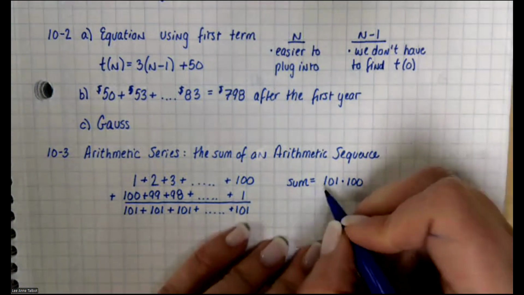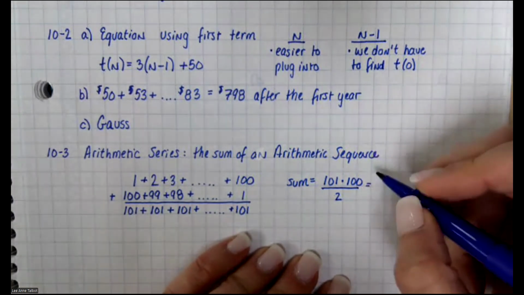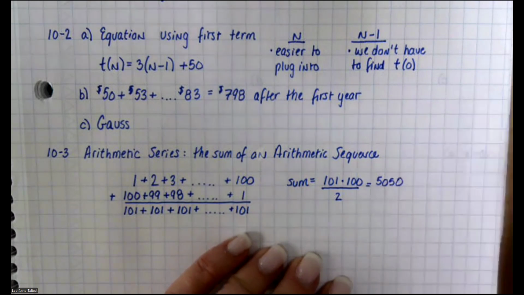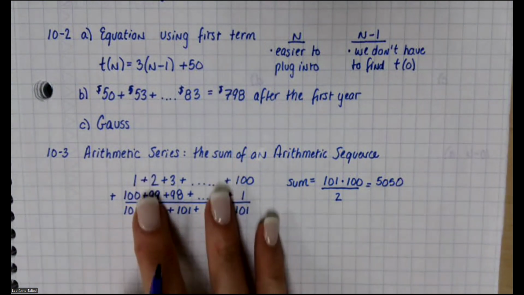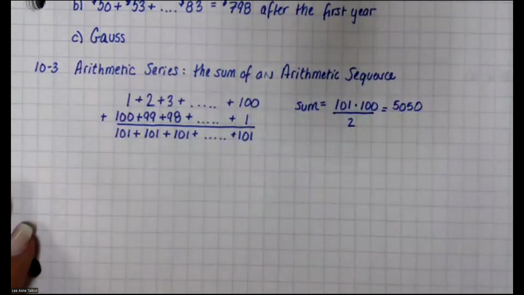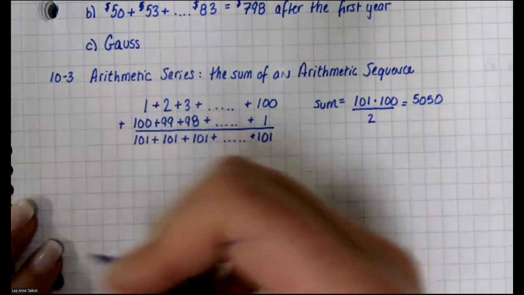Okay, but however, I have to divide that by 2 because I wrote it twice, and discovered the formula for summing any kind of arithmetic sequence. You can add any kind of arithmetic sequence using this method that Gauss discovered for us in probably like 1785,